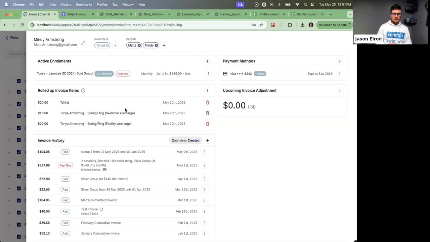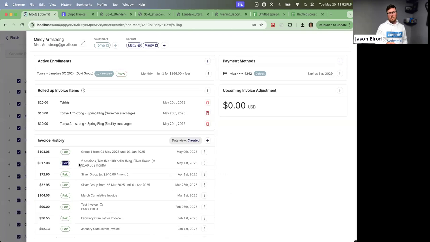Yep. They will show up on your past due invoice report that we showed you earlier when they become past due. And from that screen, you can push through auto charges if you want to. Even looking at this screen right here from Mindy, you can see there's that 317 past due invoice down there. You, as an admin, if you have the permissions, can always go in and push a charge through if it's past due or failed or still open. But the idea behind sending them the invoice is you're asking them to pay when they're able to. It won't automatically charge after the fact.